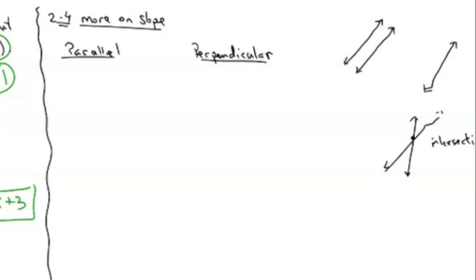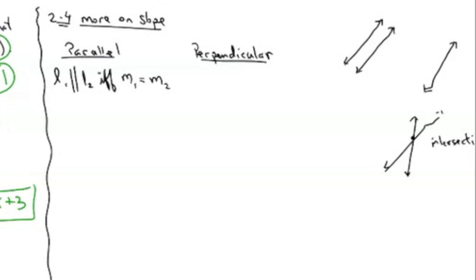All right, so in algebra, if they're running next to each other like they are in the first picture, or they're on top of each other, what must be true about their slopes? They have to be exactly the same. And there's ways of proving it, but this is the way we're going to write it. Line 1 is parallel to line 2 if and only if m1 is equal to m2.